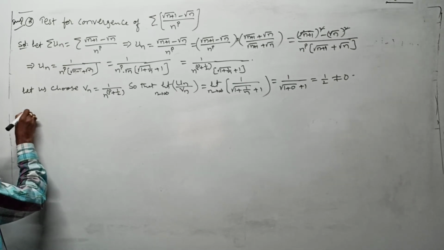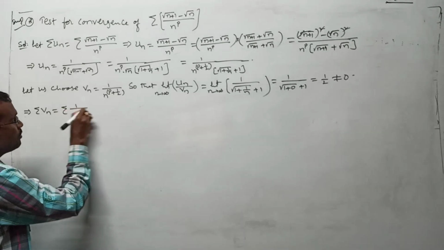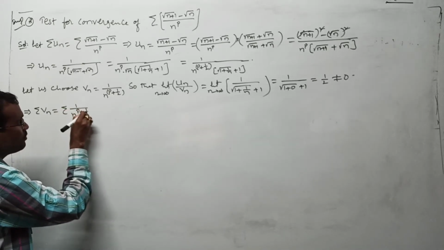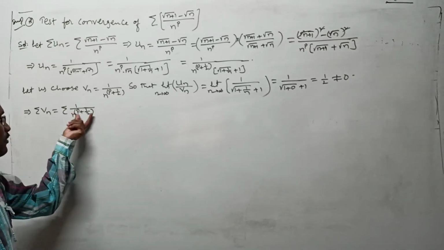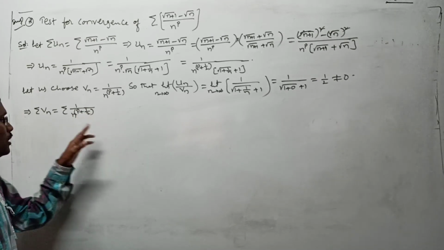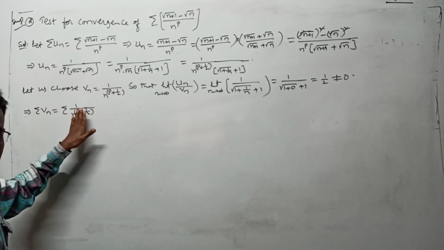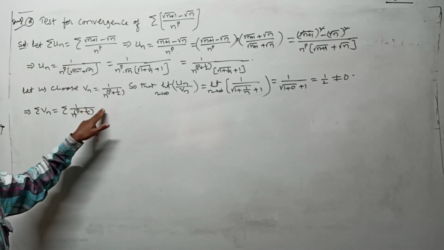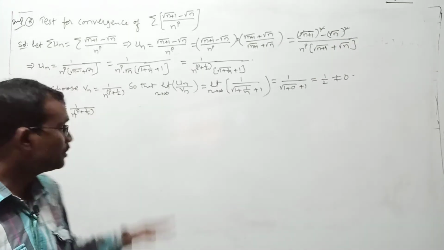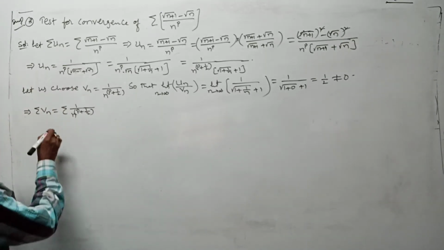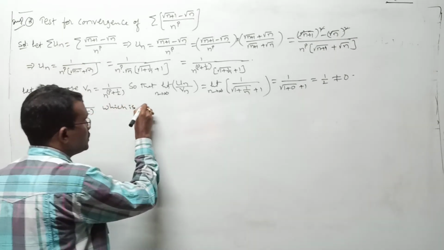Now what is sigma Vn here? Sigma Vn is equal to sigma 1 by n to the power of p plus 1 by 2. Here we are not getting a perfect constant term, but anyhow it is 1 by n to the power of some capital P. Whenever capital P is greater than 1, this series is convergent. If P is less than or equal to 1, this series is divergent by the auxiliary series test. That work I am doing directly, which is convergent